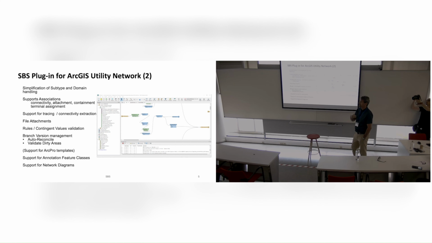So some of the things that it is built to support: simplification of subtype and domain handling. It will do the transformation of the internal to the external names automatically. As I said, it supports associations, connectivity,